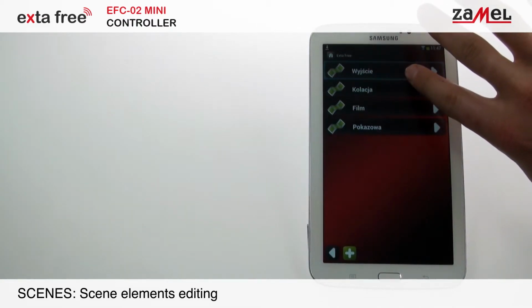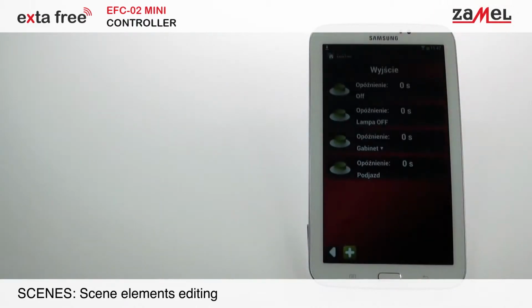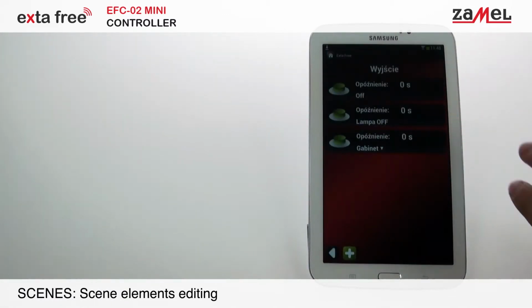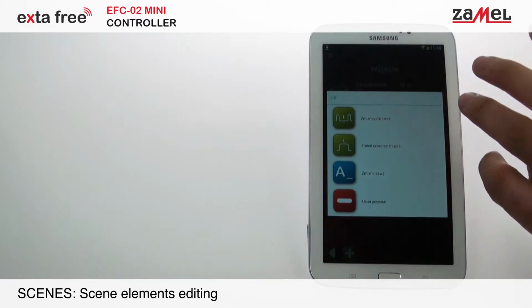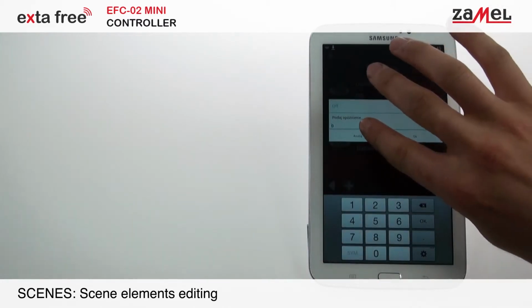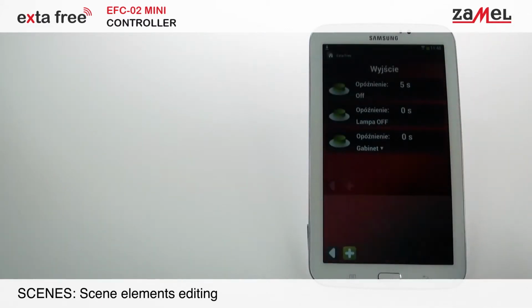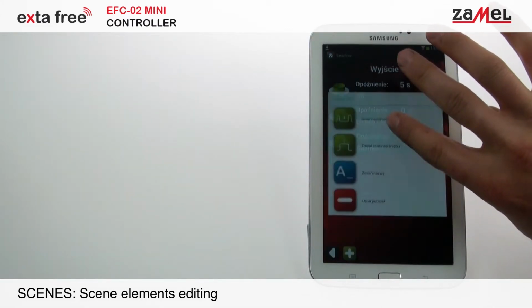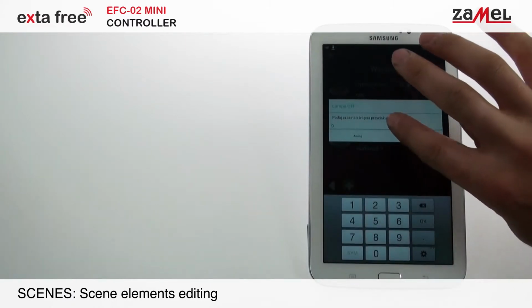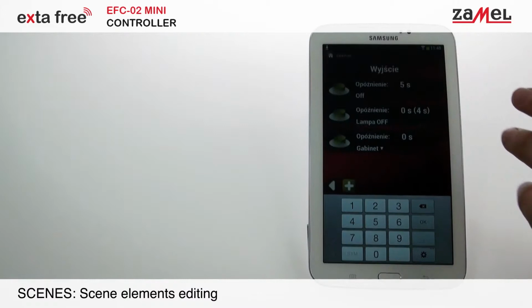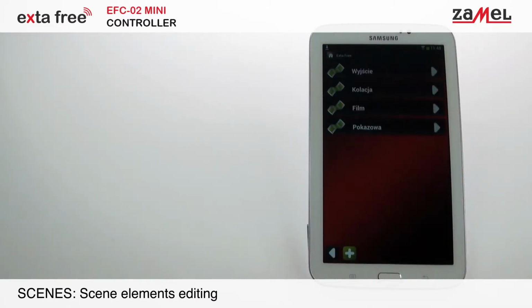the tab allows realizing a full configuration of the EFC-02 mini controller. It helps to manage, for example, users' accounts. New accounts are created, existing accounts can be deleted, and users' authorizations can be changed, including changing passwords. The Network Settings tab allows adjusting the basic network settings of a controller within the local network and remote access. By means of the Configuration tab, date and time are